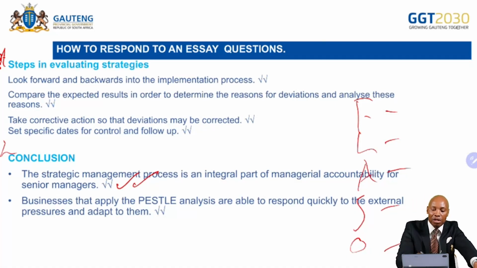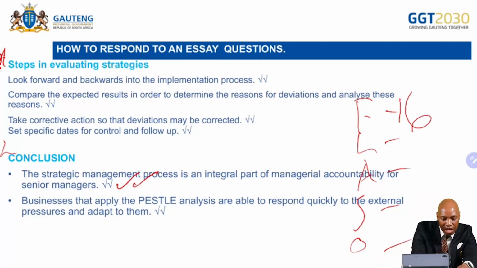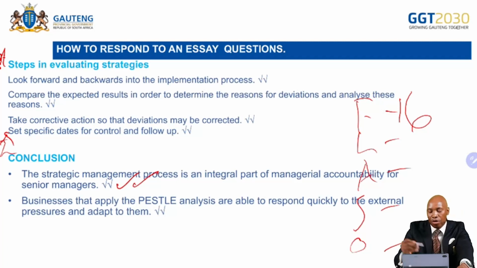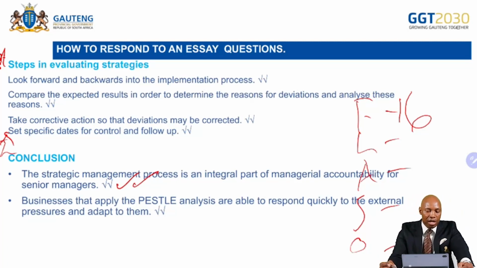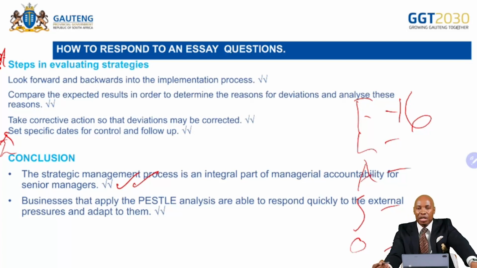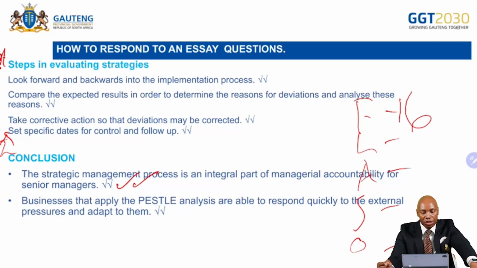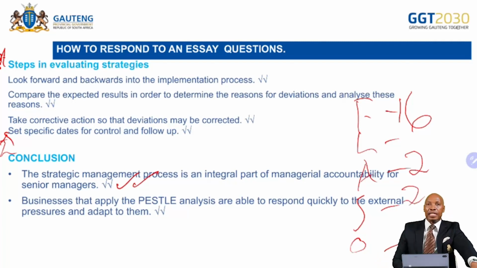Then we count all the ticks. If our ticks are more than 16 marks, then you qualify for the other A for more than 16 marks. And I know you're going to get far from 16 marks. Looking at you, I see you getting a good total in an essay. Then you already have 2 marks for analyzing, then you have 2 marks for synthesis, then you must also give examples.